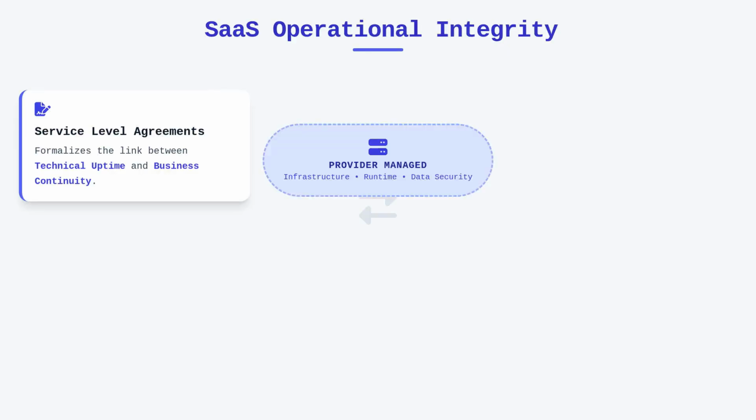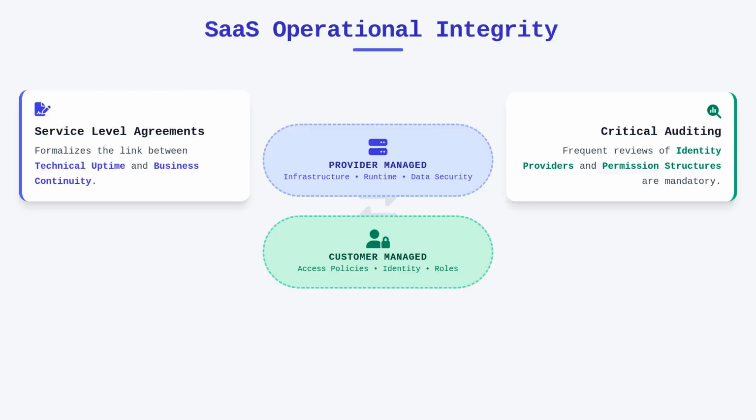In a SaaS environment, the provider assumes responsibility for the underlying server infrastructure, the application runtime, and the data layer security, but the customer remains responsible for managing their internal access policies. Effective usage of SaaS requires that companies audit their identity providers, role assignments, and permission structures frequently to mitigate the